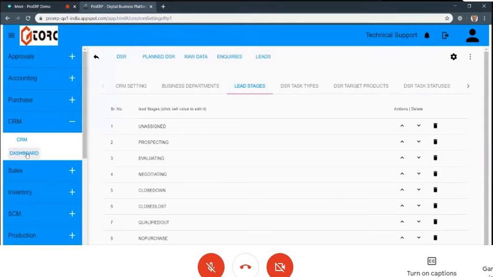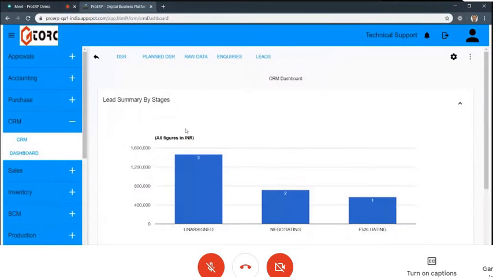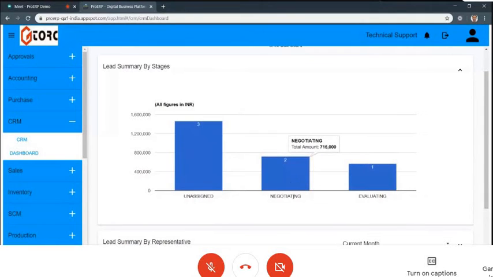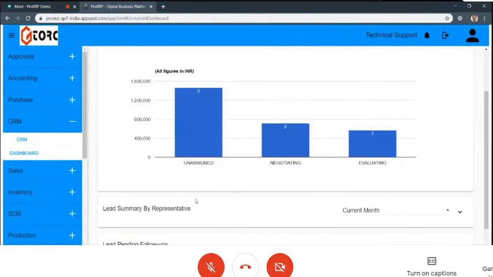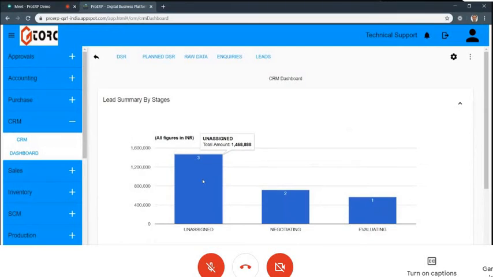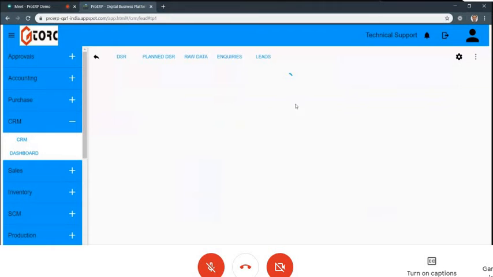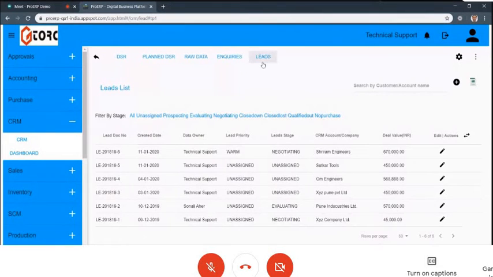And the moment you categorize your leads in different stages, you will get a sales funnel in the dashboard. So like here, you can see how many leads are in the negotiation stage, how many are in the evaluation stage, what is the valuation. And then there are many aspects that you can look at by sales representative or by various categories, products. Those are there, but you get a sales funnel with this when you have the leads in various stages. So any questions so far on leads and inquiries and a few reports around them?